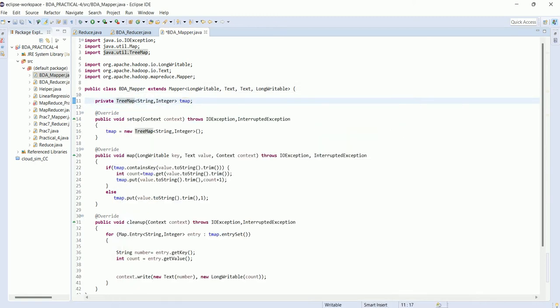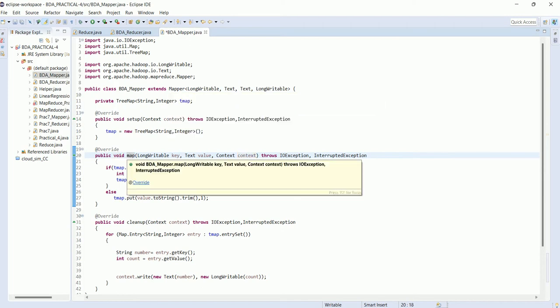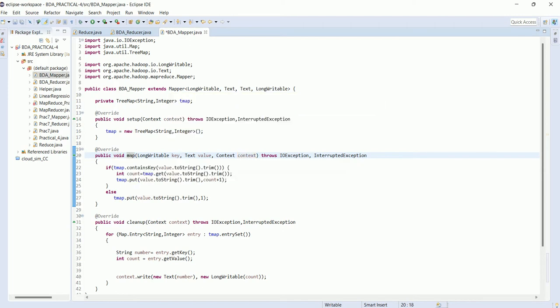Here we have set up this TreeMap using this context, and now we are taking the value, the key value and this context. This is the overridden map method of the Mapper class. When you write this code, you can press Control O and it shows this map method.